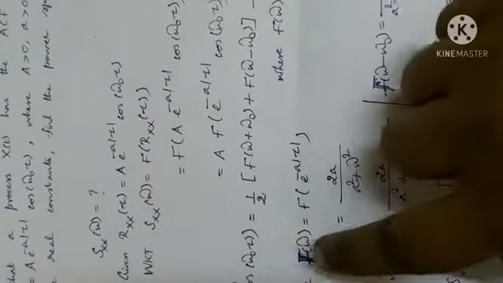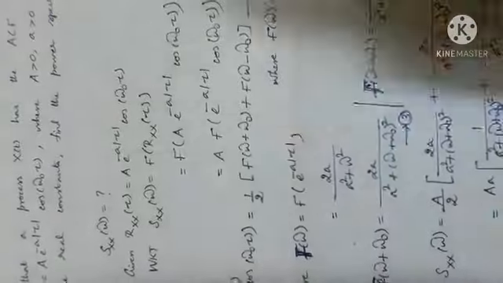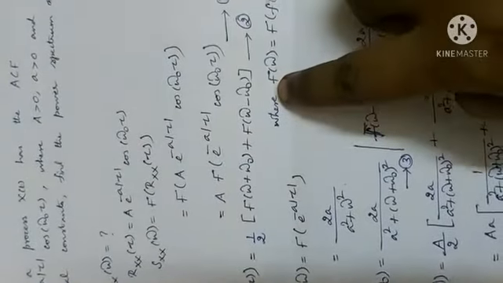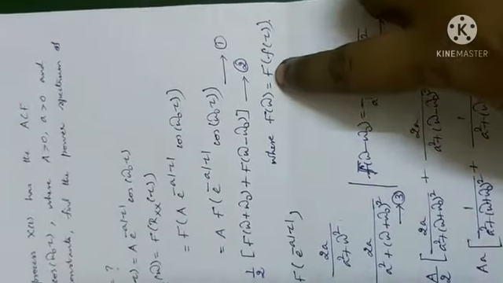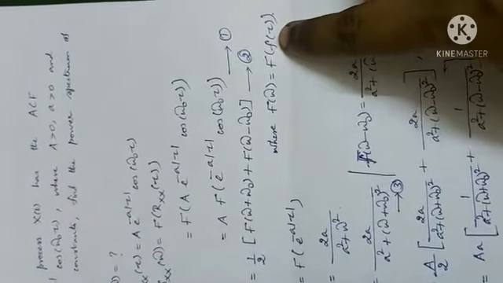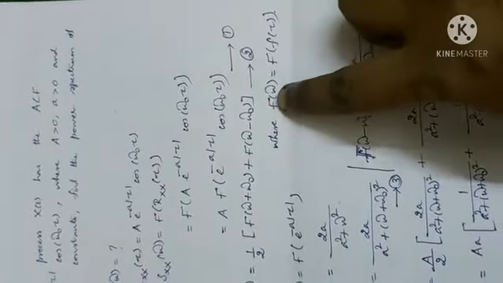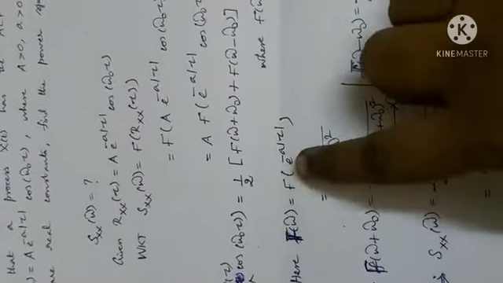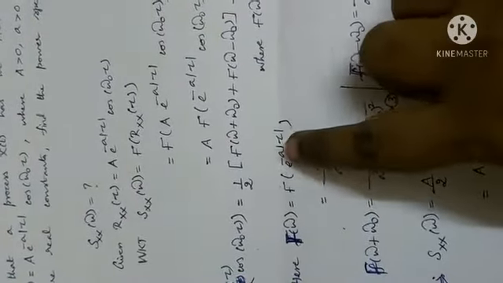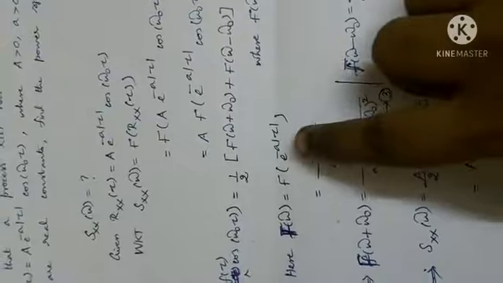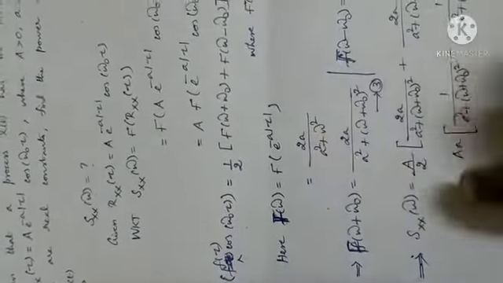So how can we find F of omega? From the morning I am repeatedly saying F of omega is the Fourier transform of f of tau. Once you find the Fourier transform of f of tau, it will be a function of omega. The formula for this is known. You go through the PDF from the morning.